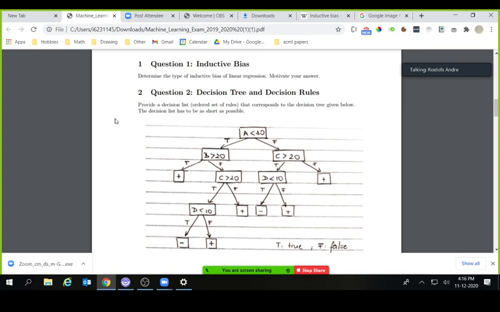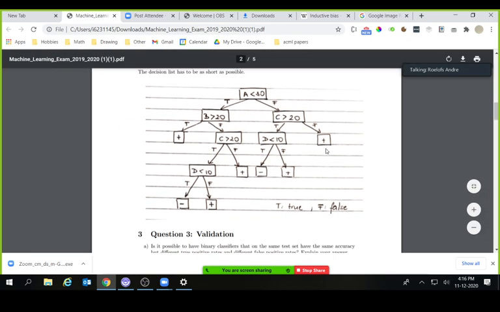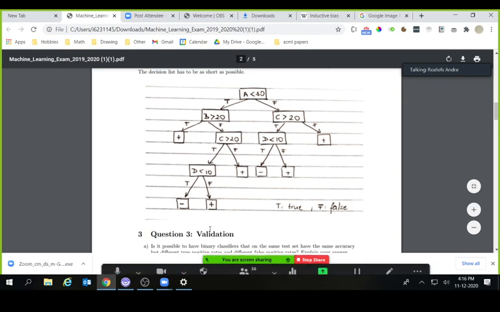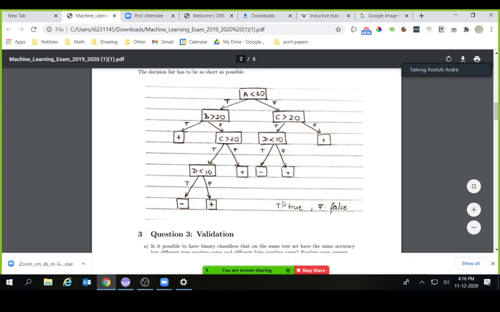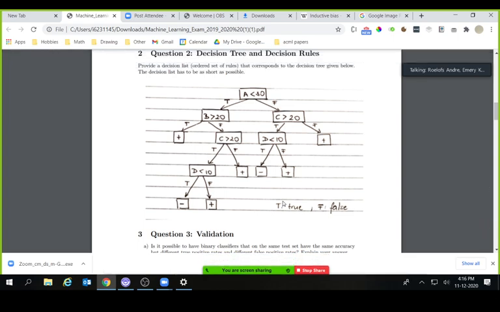The way that you could do it is just by looking at the paths, right? You can follow a certain path, and you can see when something becomes a minus and when something becomes a plus. And in this particular picture, you would notice that we have a lot of minuses. We have 5 minuses, and we have 5 pluses, and we have 2 minuses. So if we just focus on minuses, we can see that